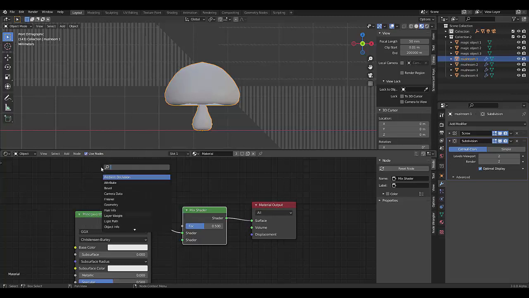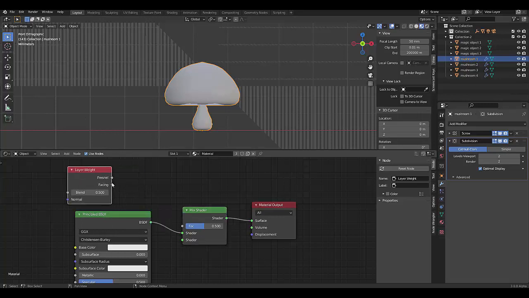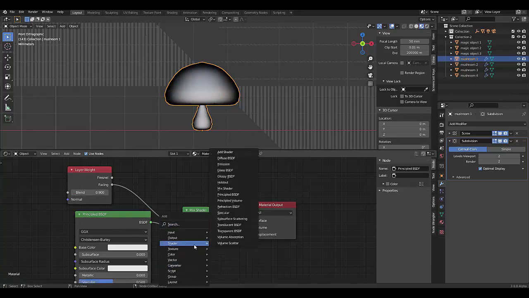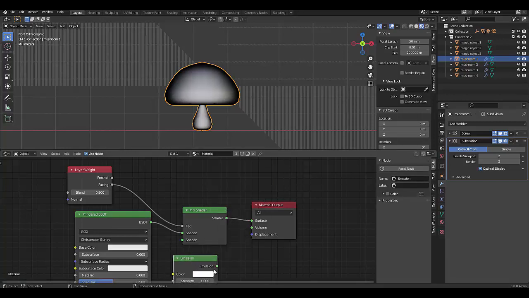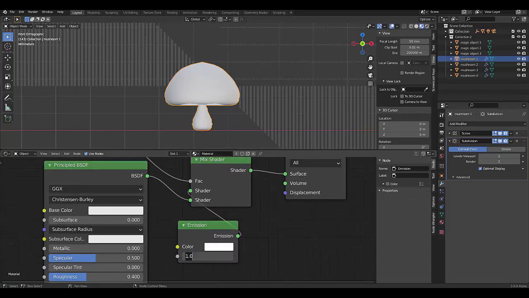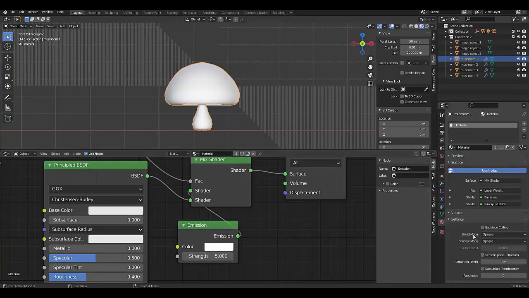Shift A, layer weight, connect the facing over here, give it a factor of 0.9, press Shift A, shader, emission, connect that to the top, give it a factor of 5, go to the material settings, turn on alpha blend,